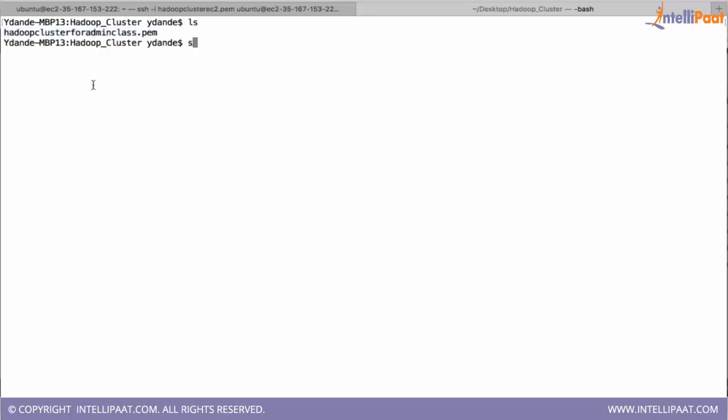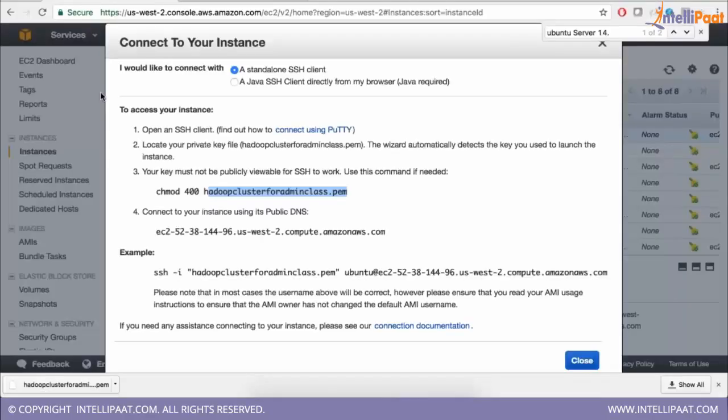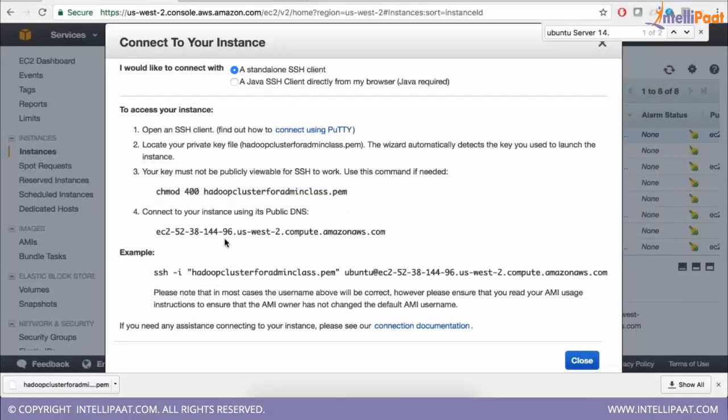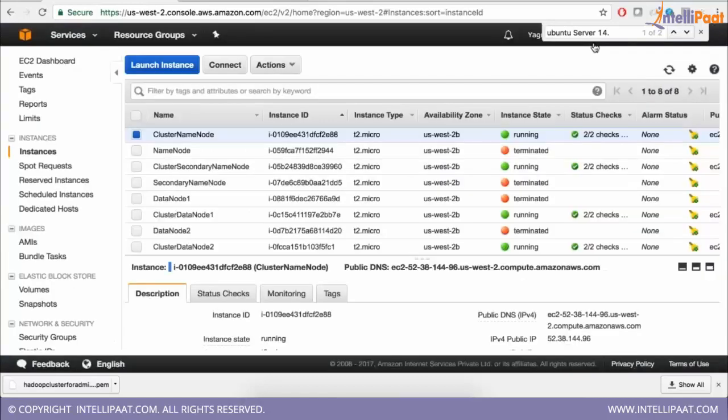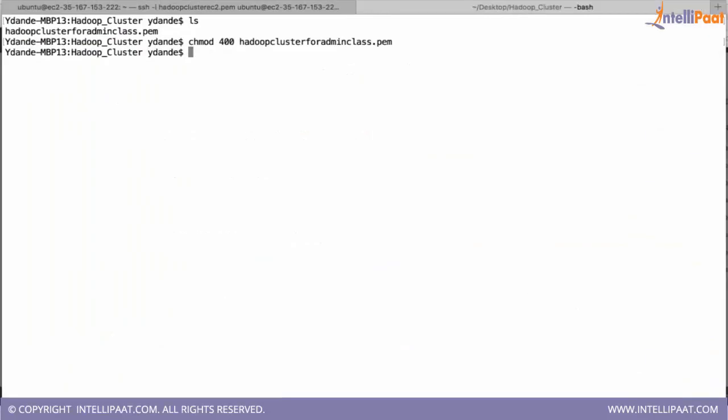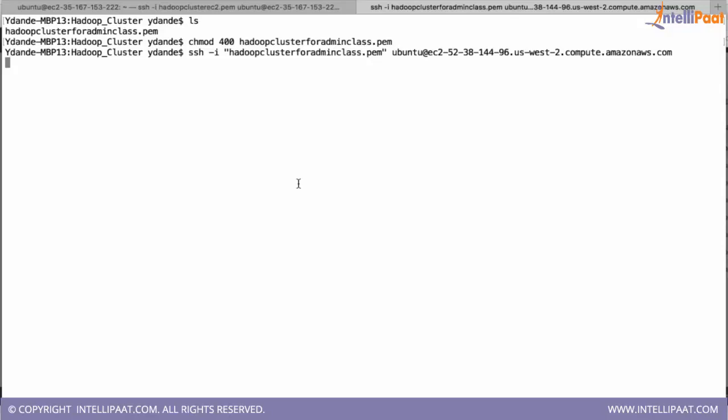It says first we have to do chmod, so I copy this command and paste it here. After that I can access the name node. Click on the name node and say connect. This is the command which you can directly copy to connect to it.